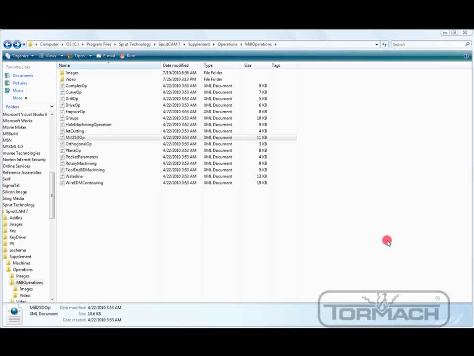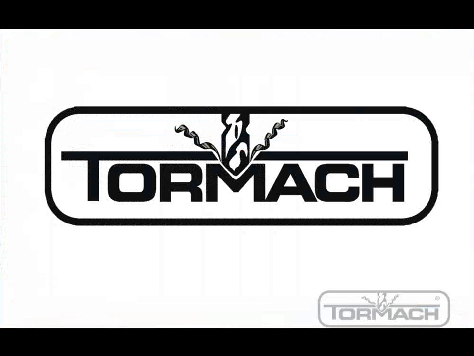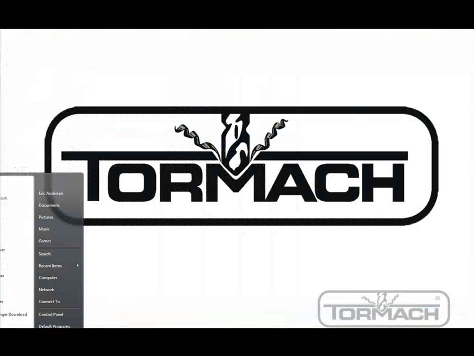In this tutorial I'm going to show you how to alter an XML file in order to put some of the presets that you would normally use while programming in SprutCAM. The first thing we're going to do is X out of this. Now we will go to our start menu and we will click on computer,